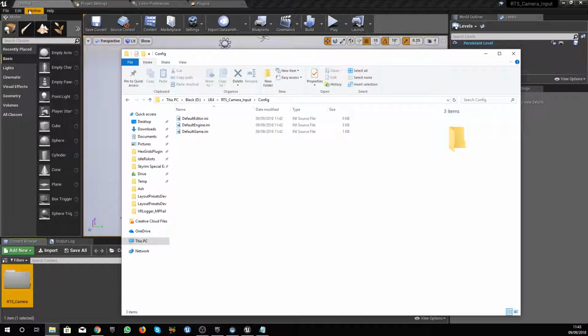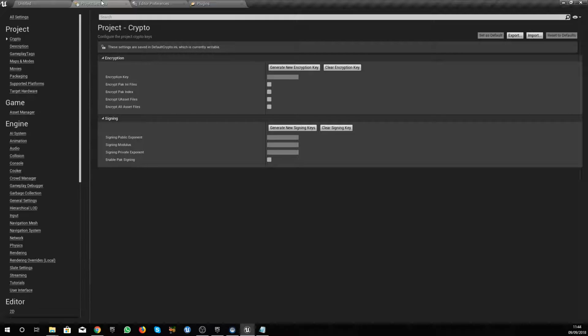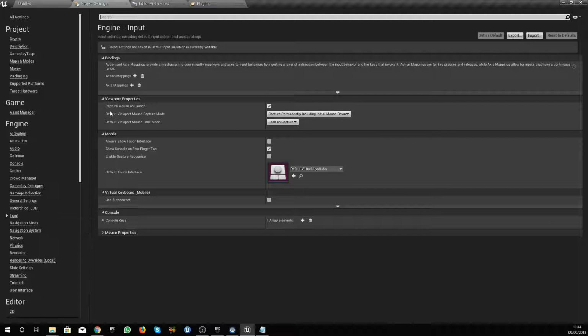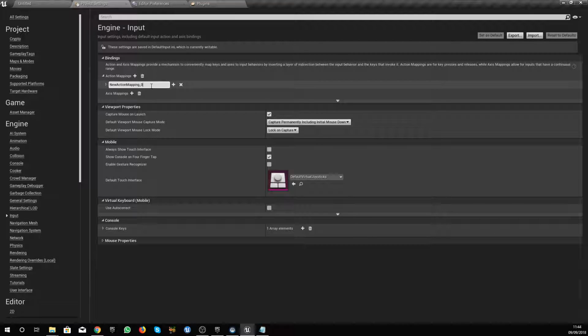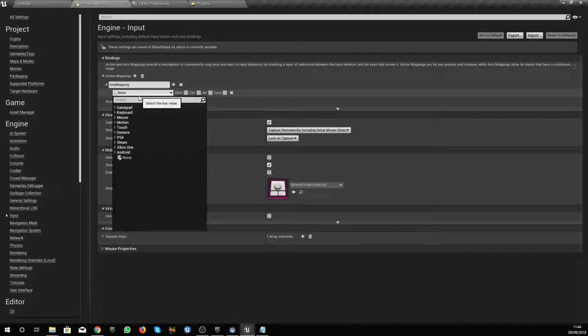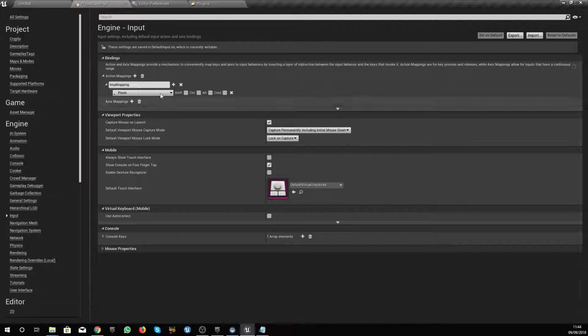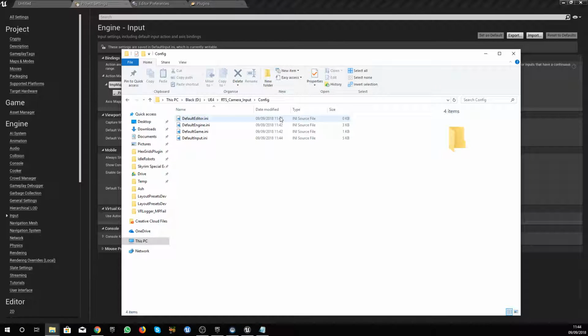So the easy way to get this made correctly is just to make an input mapping in Unreal. So we go to inputs, action mappings, let's call this temp mapping. I don't think it needs a value, but I'm still going to just pick something. There we go. And then if we go back to our folder browser, we now have default input.ini. So if we just open this up,